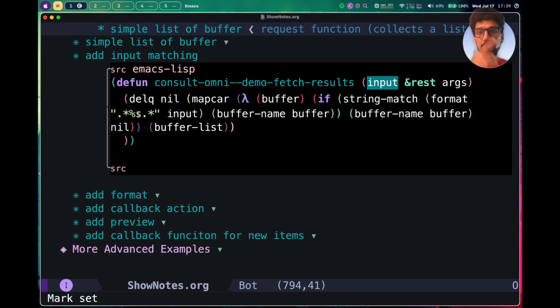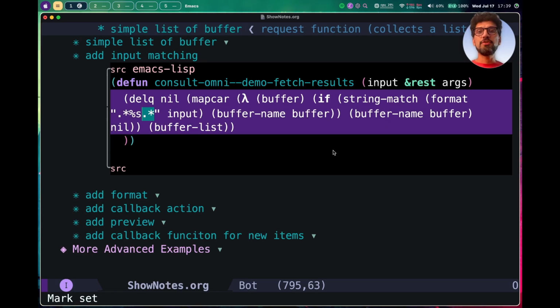And in this case, the pattern I am defining is essentially a regexp pattern that looks for the name of the buffer, and before and after that we have some pattern that matches anything. So whatever the user puts in the minibuffer prompt, if that matches against the buffer name, it should be